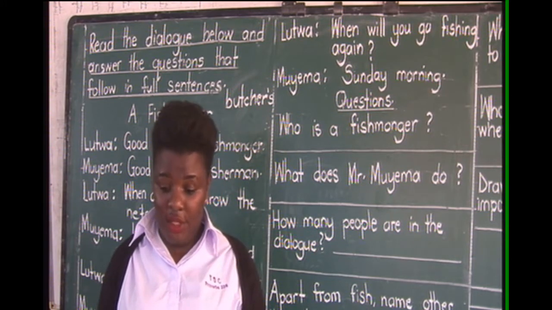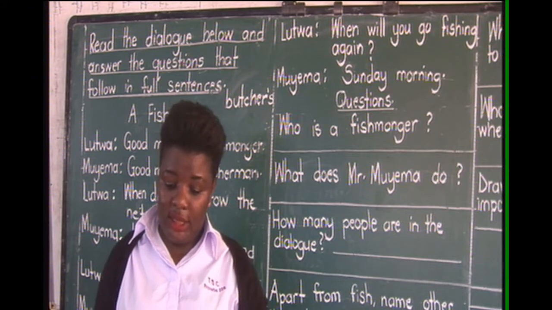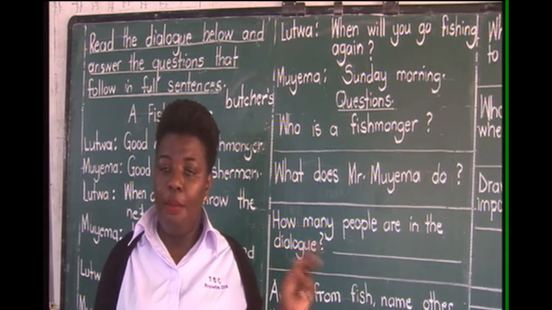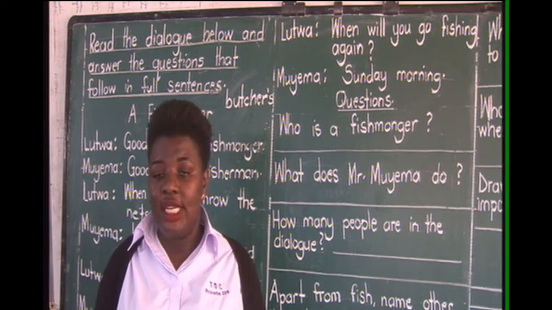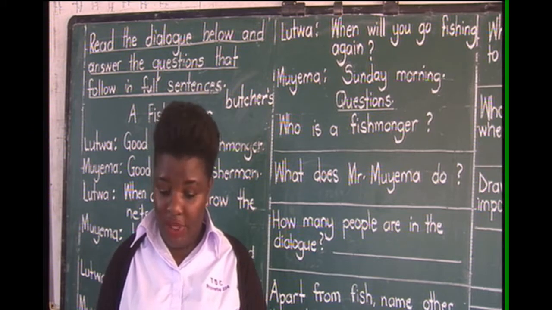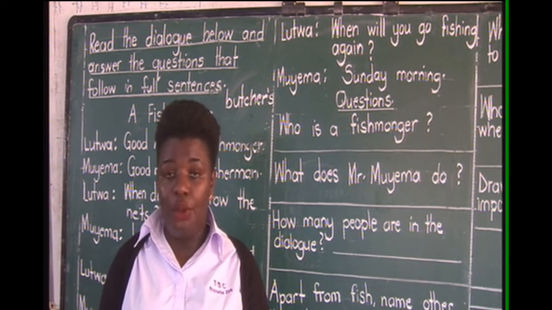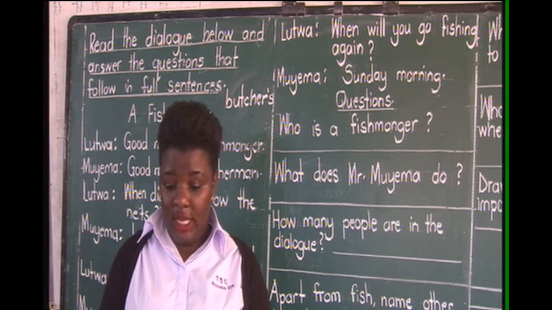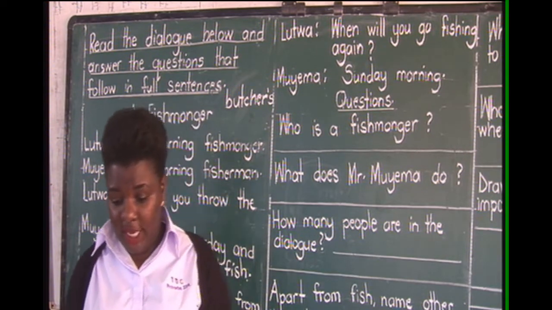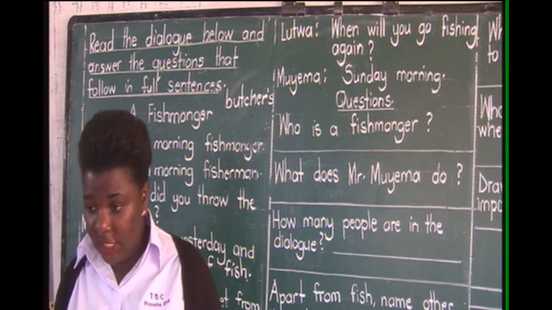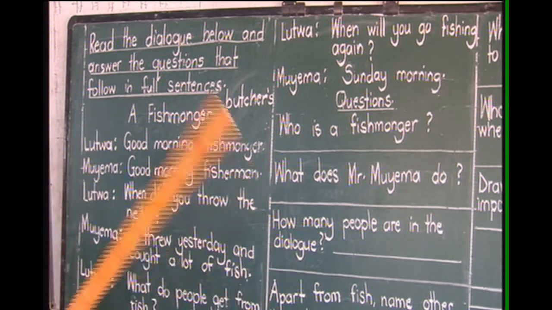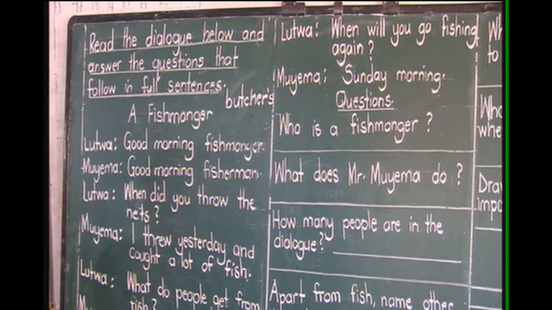And the next question is, who sells meat? I don't want to find a butcher. No, I need a full sentence. The next question says, who grows crops and keeps animals? You know that person that grows crops and keeps animals, but don't forget to begin with a capital letter and use a full sentence. So with me here on the board, I have a dialogue.